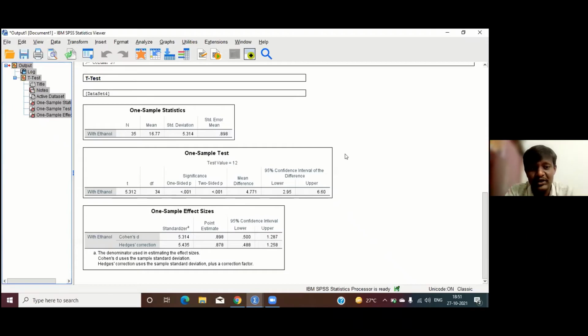So we conclude that when adding ethanol to the petrol, the vehicle's efficiency is improved. That is the answer for question number 1: the efficiency of the engine increases when ethanol is added to the fuel. This question has been answered using one sample t-test.